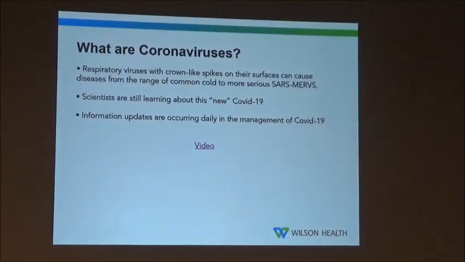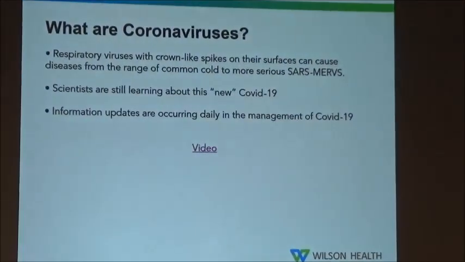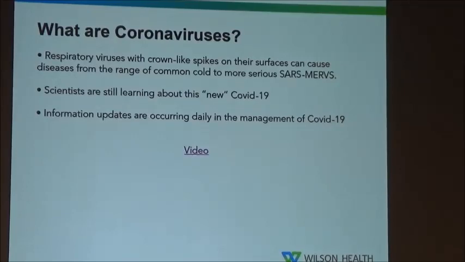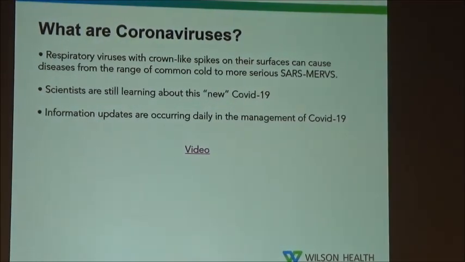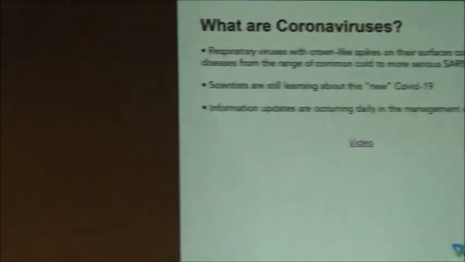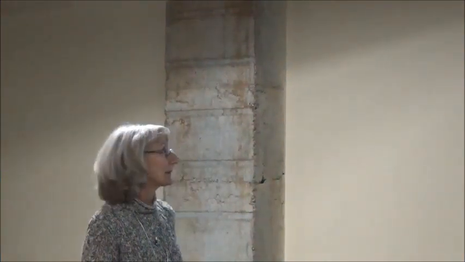We know they're respiratory viruses that have those crown-like spikes. Those spikes are what tell that virus where to attack and make the person sick. For example, coronaviruses are in the common cold, but they can also cause more serious illnesses like SARS and MERS. And with SARS and MERS, and even with COVID-19, which is what we're referring to, it can attack the deep lower lungs, and it makes people more seriously sick in some pockets of the population.